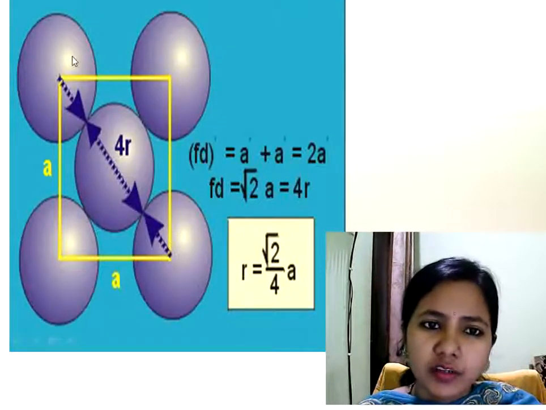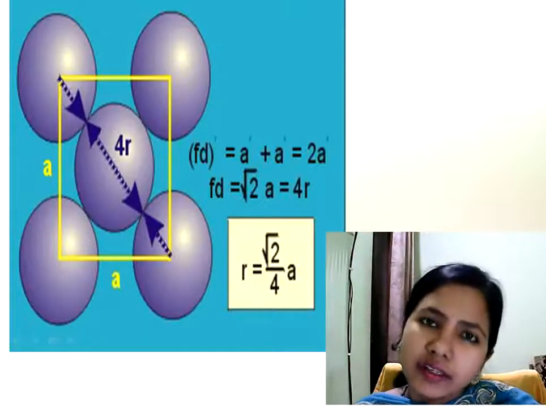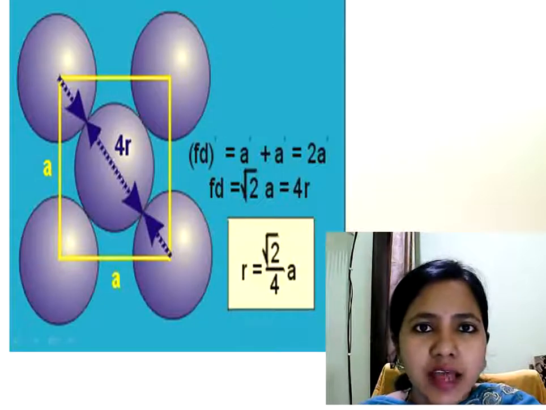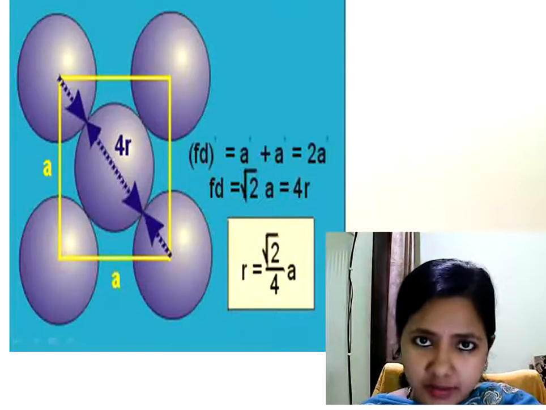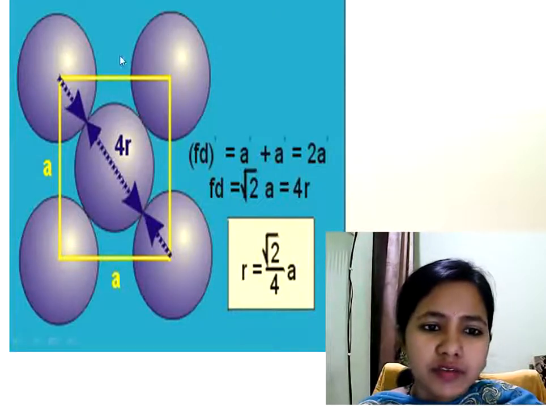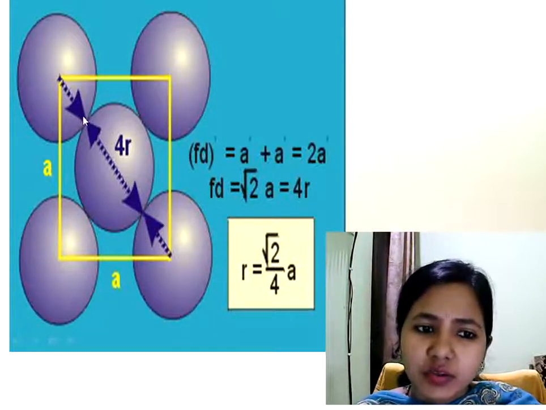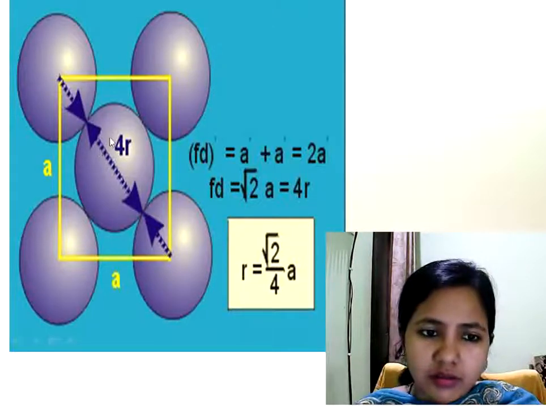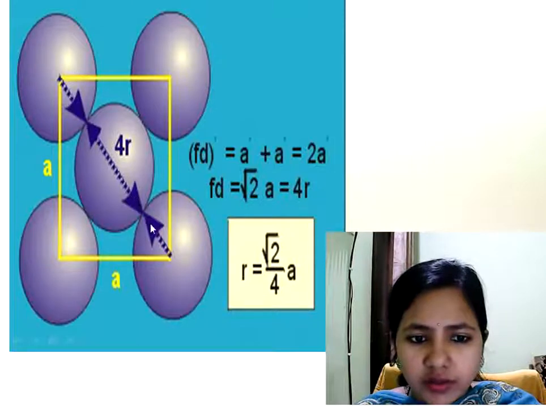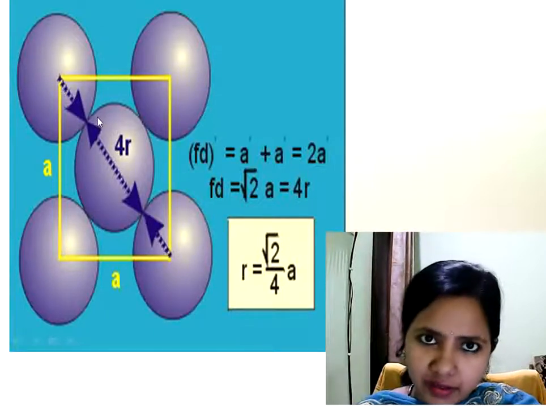In case of face centered cubic. Now in case of face centered cubic, what is its structure? We know that in case of face centered cubic, the atoms are present at the 8 corners and in each face of the cube. All total there are 6 faces. Here we have taken one side of the face centered cube. Now you can see that these atoms or these spheres are in contact with each other along the face diagonal. If we join the 2 corner atoms including the face atom, we will get a straight line, and this is called the face diagonal, right?